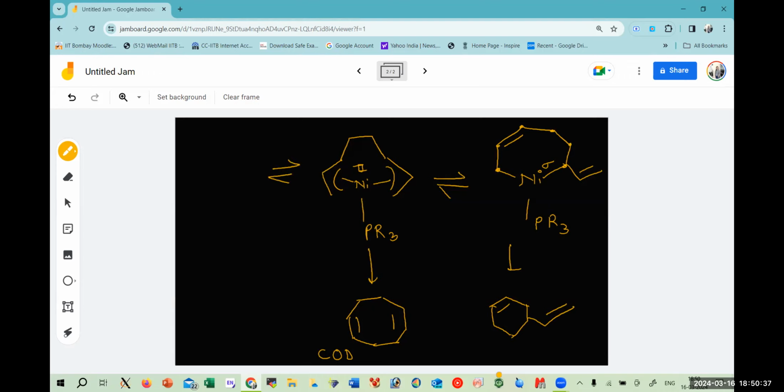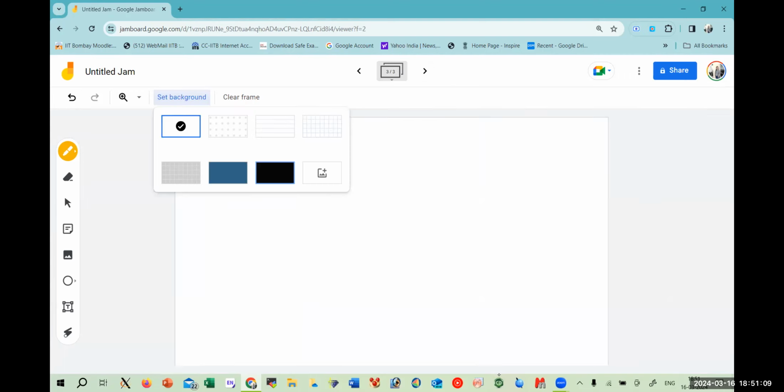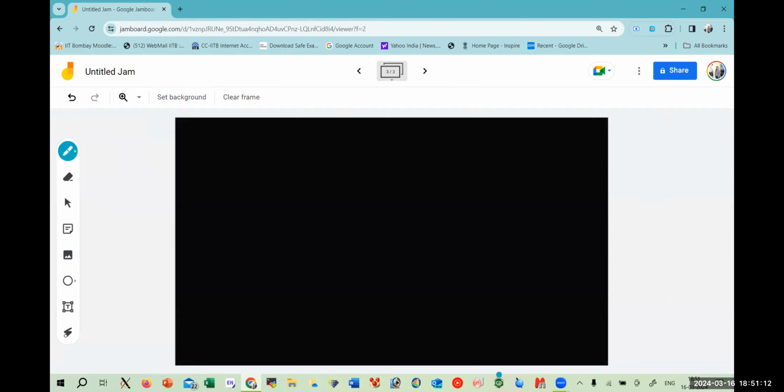Or if it exists this way, a metallacyclic penta intermediate with 2 bonds outside. And now if this exists, after reductive elimination, it would form 1, 2, 3, and 4 product with alkene groups outside. So these are the 3 different possibilities we get when we are doing the dimerization of butadiene in presence of PR3 group. And now the last topic of our discussion, which is